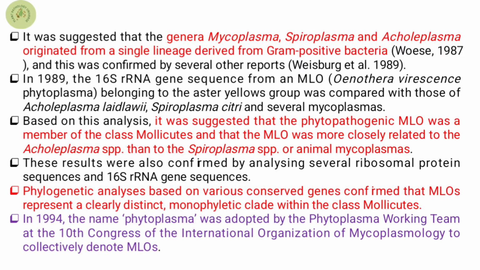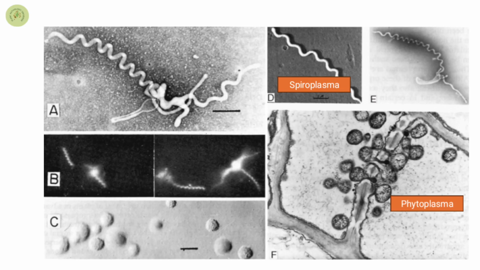by the International Organization of Mycoplasmatology to refer to them as phytoplasma, not as mycoplasma like organisms. Okay, now here you can see these spiral structures are your spiroplasmas, and these pleomorphic somewhat round structures are known as your phytoplasmas. The spiroplasma is more closely related to your mycoplasmas, and phytoplasmas are distantly related to your mycoplasmas. Although mycoplasmas cause diseases in animals and humans, spiroplasma and phytoplasma are only associated with